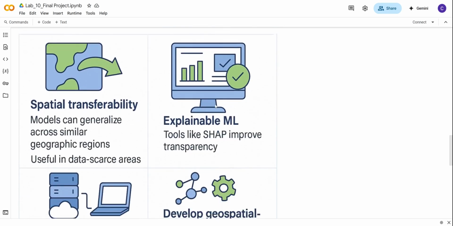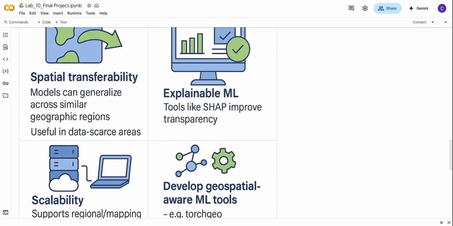So, however, we have a lot of opportunities to work on. For example, to explore more on spatial transferability. That is looking at models that can generalize across geographic regions. So this is very useful, especially in areas where we don't have enough training data sets. And also try to focus on improving the explainable machine learning, so that we focus on the